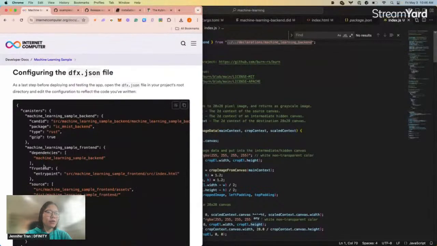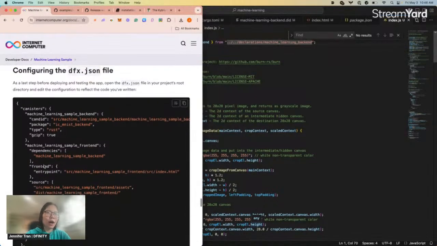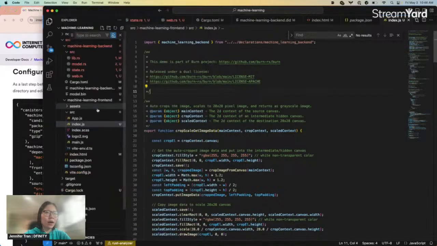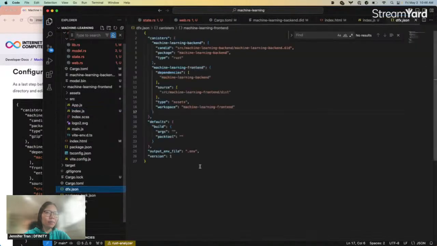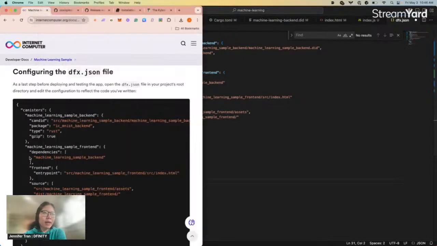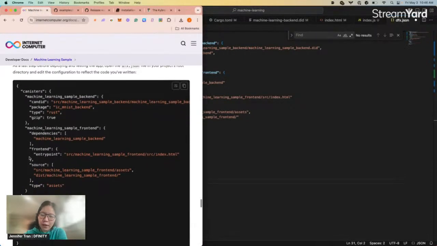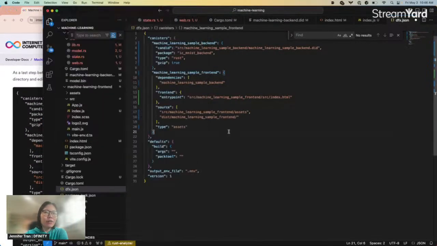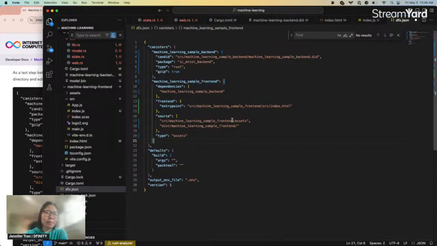And also we'll need to configure the dfx.json file here. This is the dfx.json file I mentioned, the core of your ICP project. We just have to make sure that pretty much everything aligns.